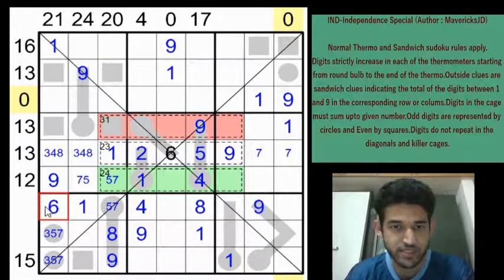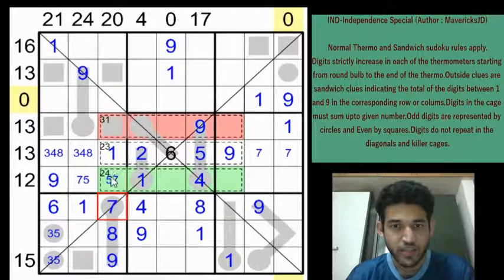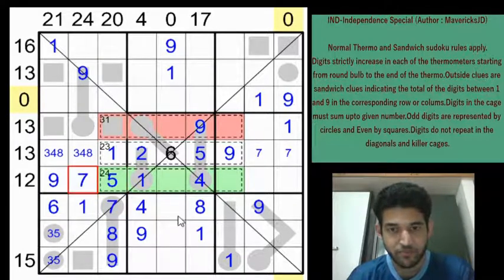So this will be a 6, and we need a 3 and 5 to satisfy the 14 from these three cells, right? Because we have 21 between the 1 and 9 and plus 10, which is 31, and then we need 14 more to satisfy the column total. So 3, 5 gives a 7 here, gives a 5 here and a 7 here.